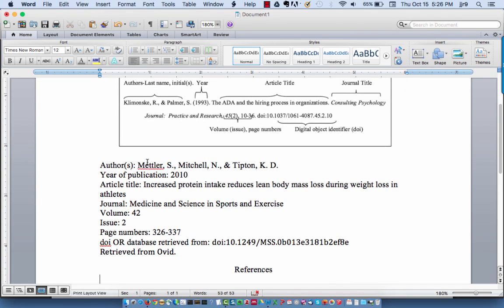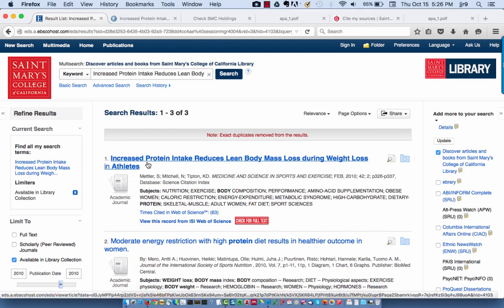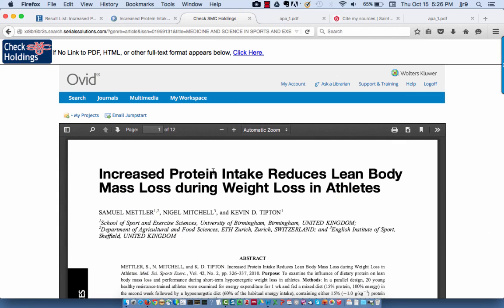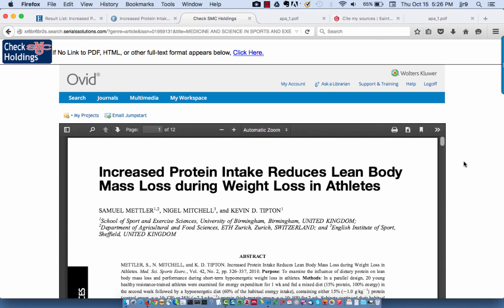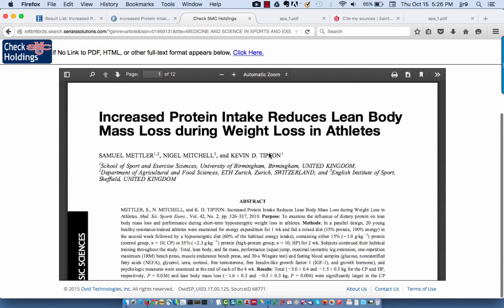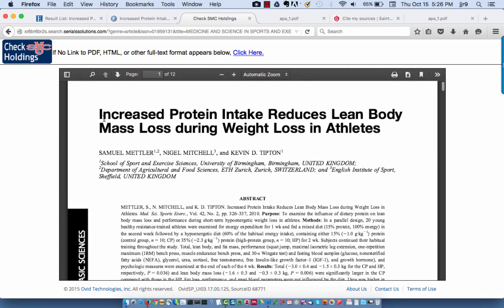And then I've also taken an article that I found the full text for that I want to create a citation for. So we're going to be using this as our example. All of the information that you need to create an accurate reference or citation should be either in the article full text,